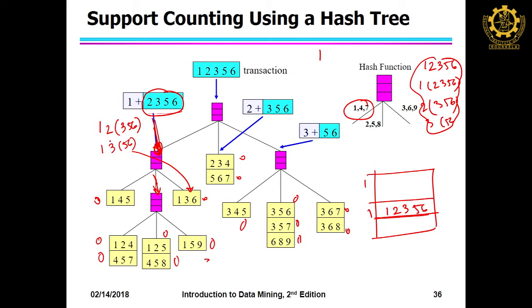So, another combination can be 1 and then 5, 6. So, this is 2, this is 3 and 5, 6. You cannot go beyond because it is a 3 item set. So, 1 and then 5 means it will come here. So, therefore, these and these will be obtained from this node, whether these 2 items are there or not we will get from this region.